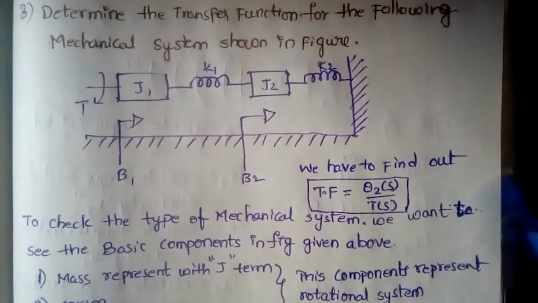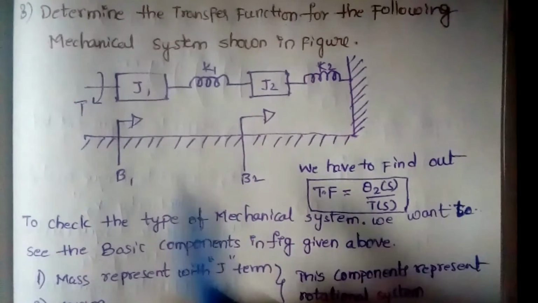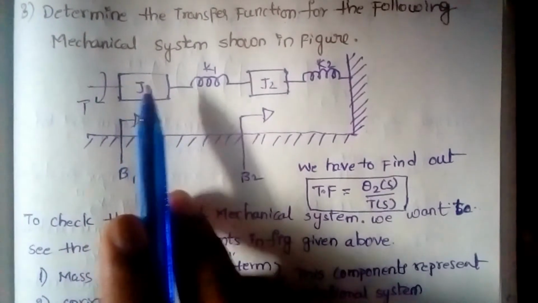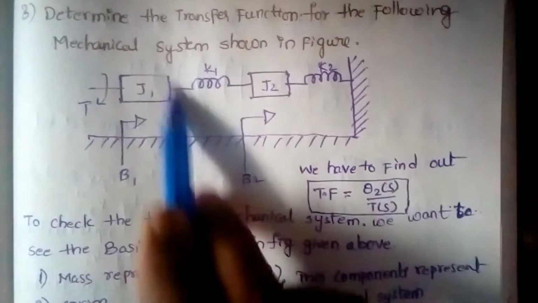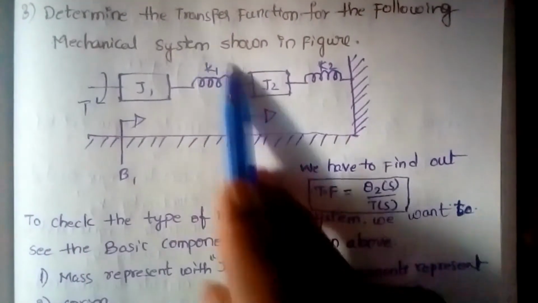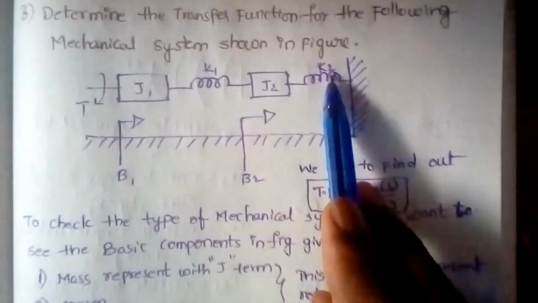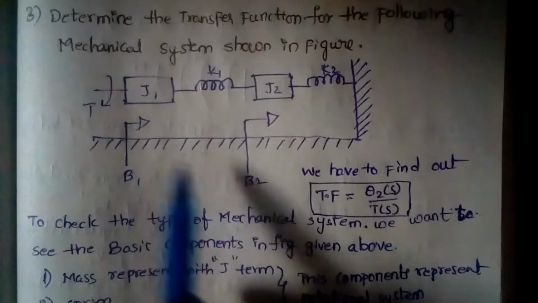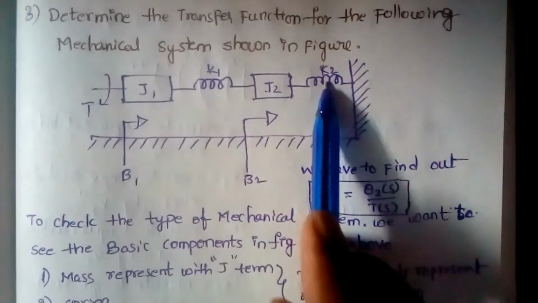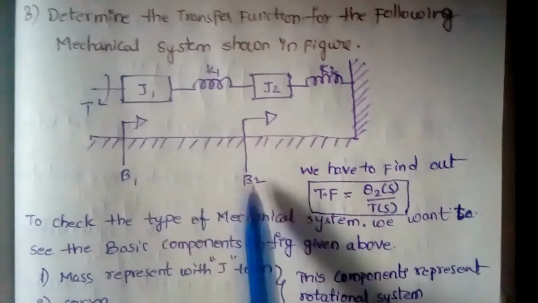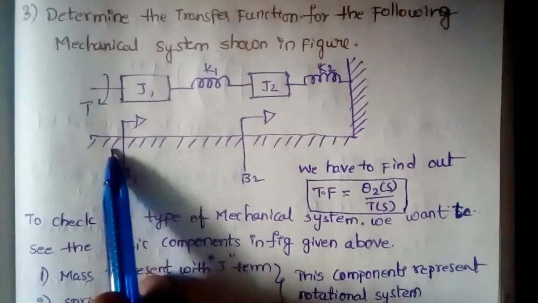First step, we have to find which system this is. How do we know which system it is without being told? For that, I have a simple solution. There are elements in this figure. This block represents a mass element, and there is a spring, another mass element and another spring. Here B1 represents friction, and here is another, B2. So: mass block, another mass block, spring, another spring, B1 friction, B2 friction, exerted by the surface.